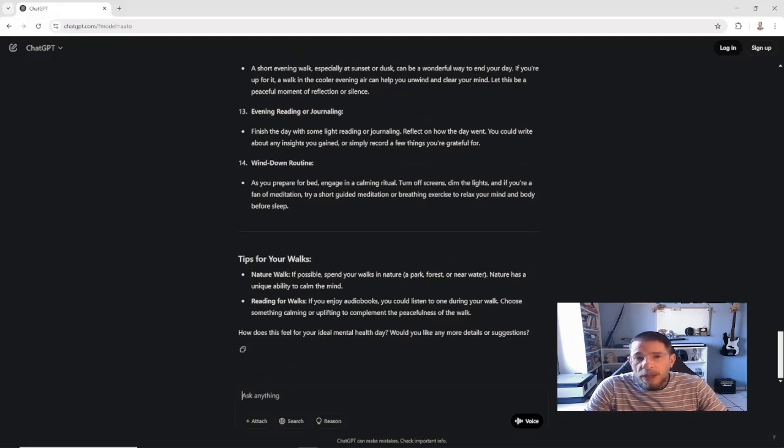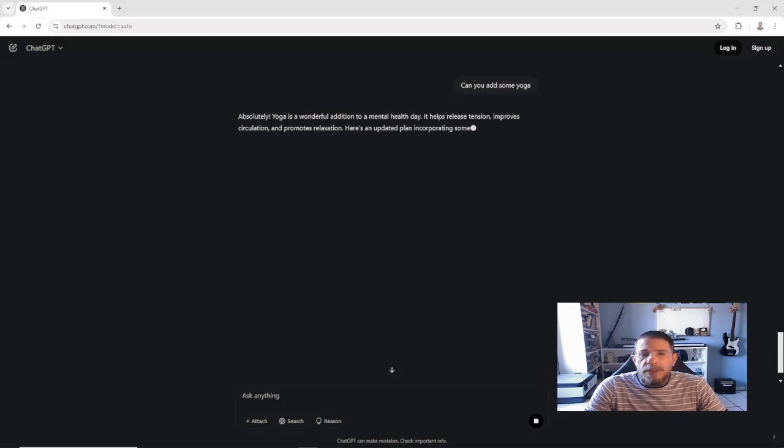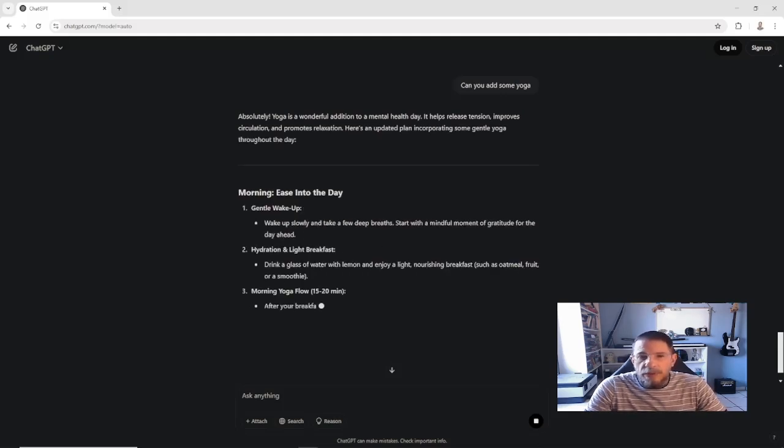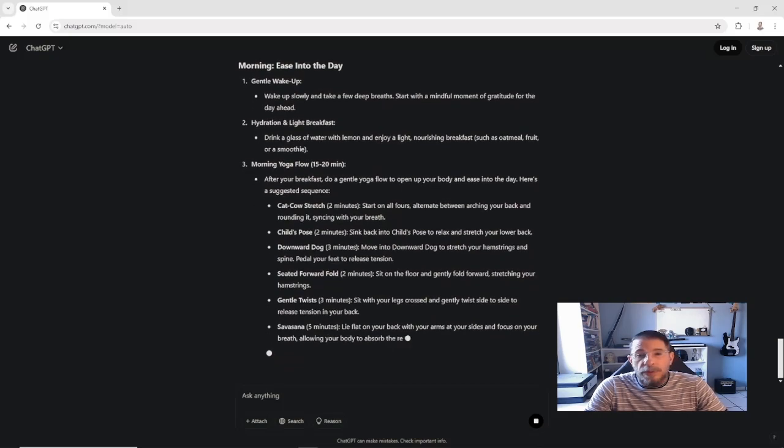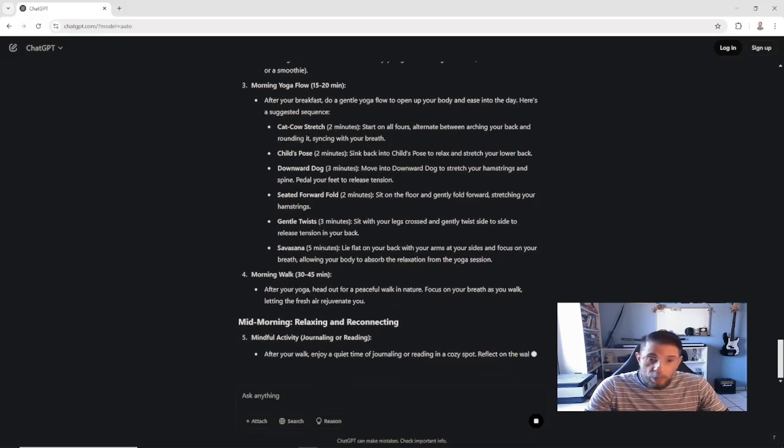So here I'm going to give ChatGPT additional feedback to improve its plan even further. And now here, you can see it's added a little bit of yoga in the morning, right when I wake up, a little more here, and then some more yoga in the evening. And so what I did here is gave ChatGPT feedback to improve its answer. And then it came back with an answer even more personalized to my preferences, because now it includes the walking,